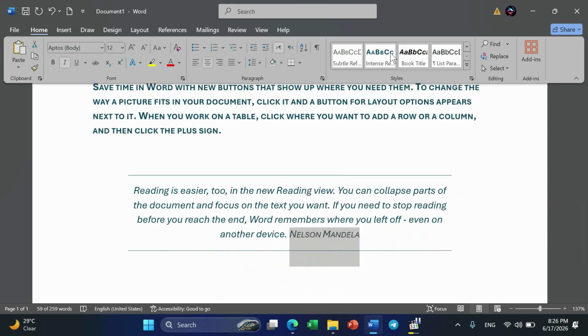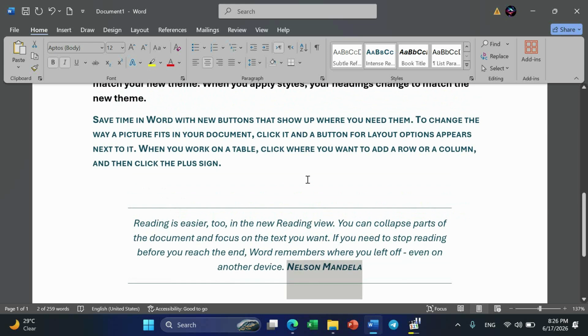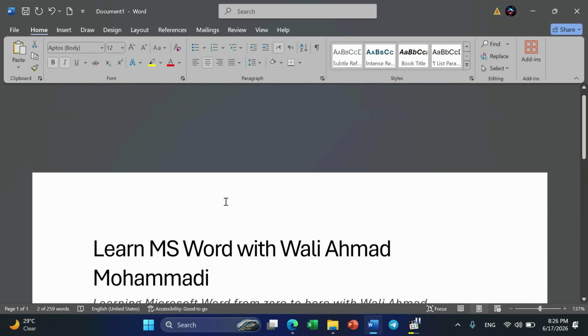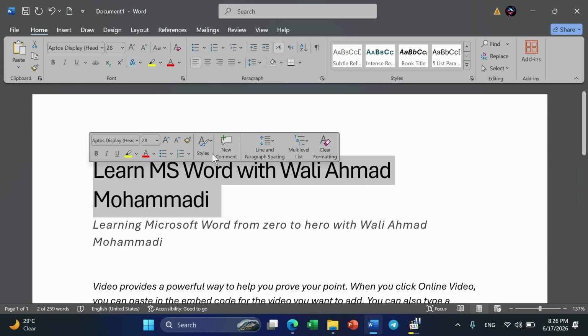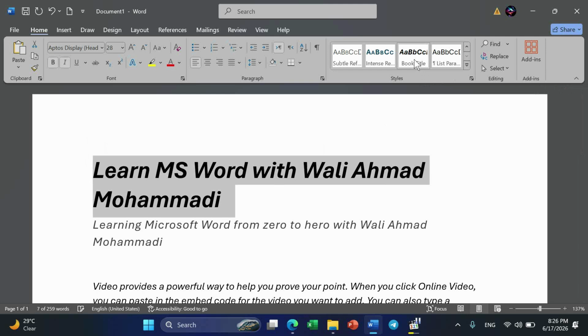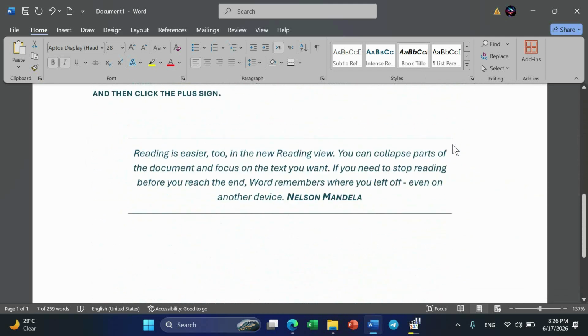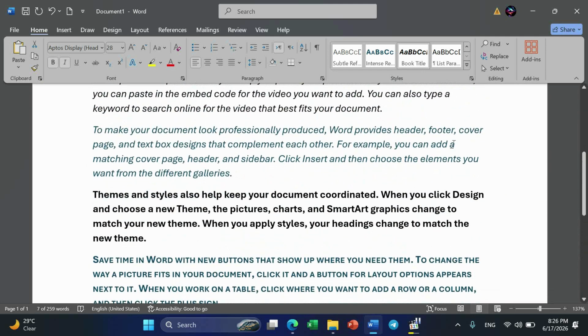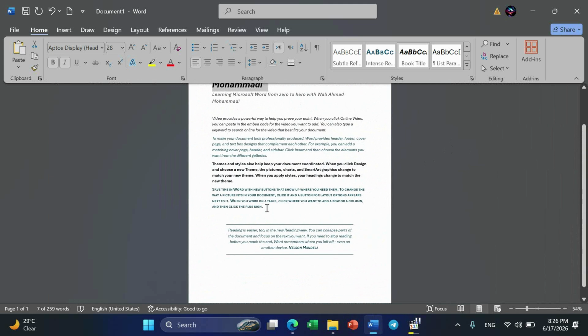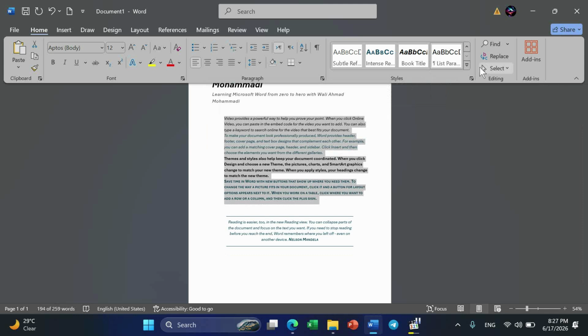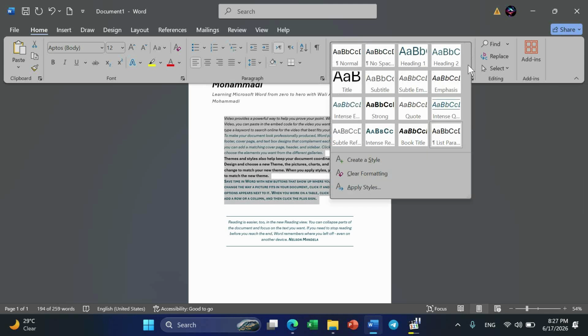There is another reference section. And also we have book title you can use. Let me click here and select and make it book title. And also we have list paragraph. If you want to design your paragraph like a list, you can select your paragraphs, and then on the list paragraph you can choose that. That was everything that we had about the styles, but the only thing I have left